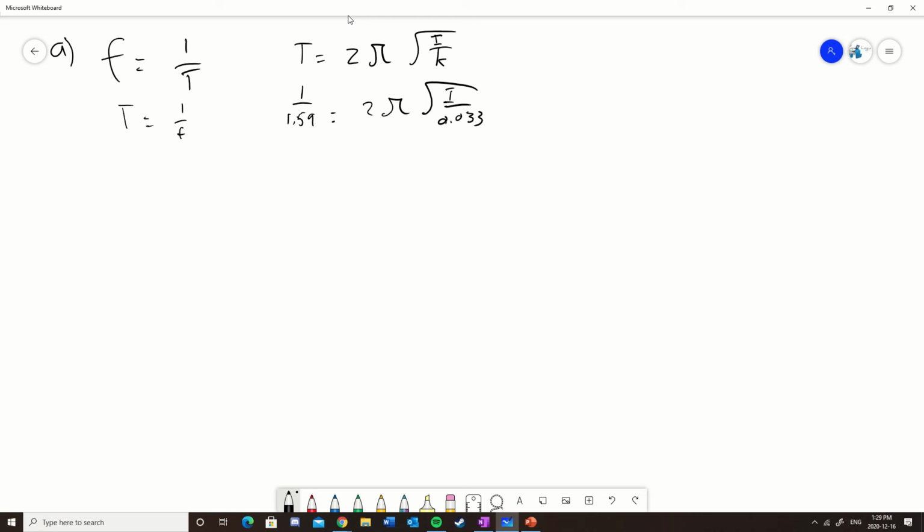And with some simple rearranging, we eventually find that I is equal to 3.306 times 10 to the negative 4, just like that. Alright, so that's simple enough, and that's going to come in handy later on when we move on to part B,